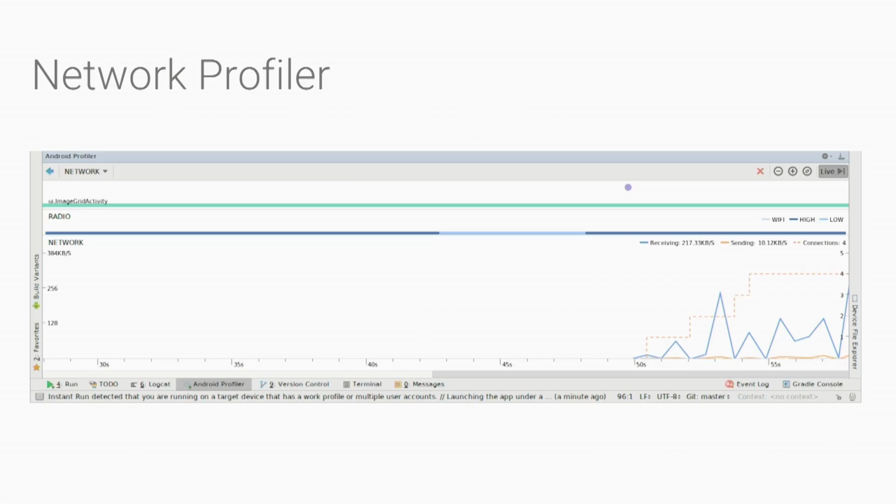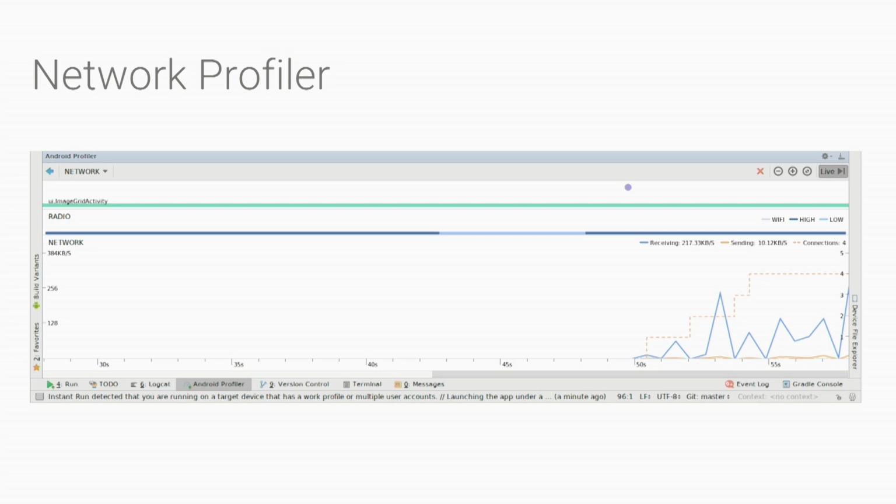The last profiler that I want to talk about today is the network profiler. Now, network, as we know, right now we have a lot of bandwidth, but people tend to optimize a lot for network usage. And that is because one of the bigger concerns is the battery life of the device. Battery life can be affected drastically by overusing the network because of the radio states, as most of you might know. When you use the network radio, it goes to a high power state. Then as you stop using it, it comes to a low power idle state, but it still consumes power.